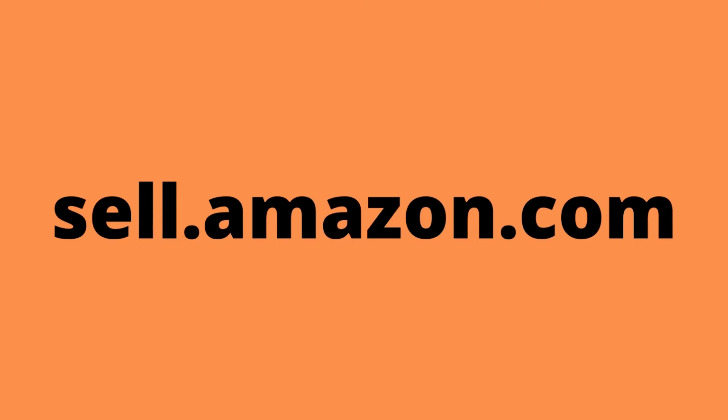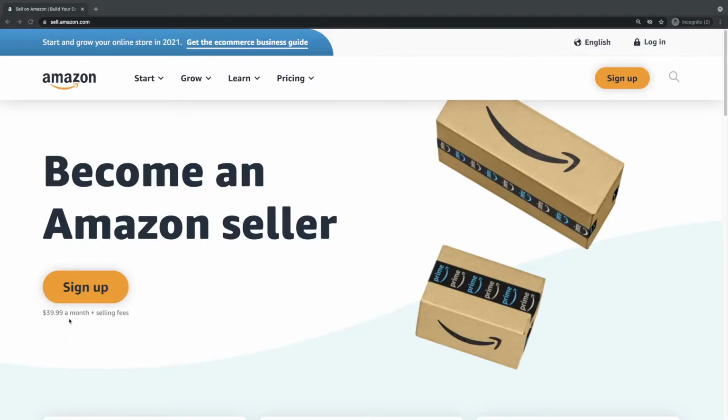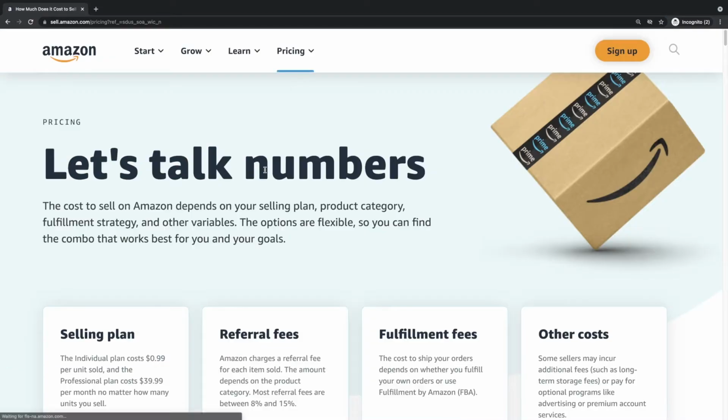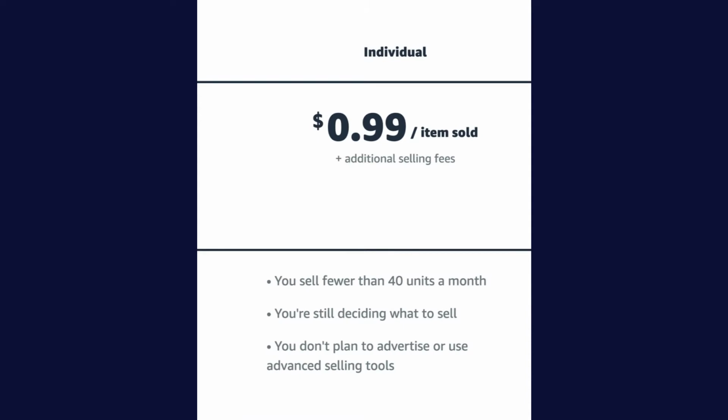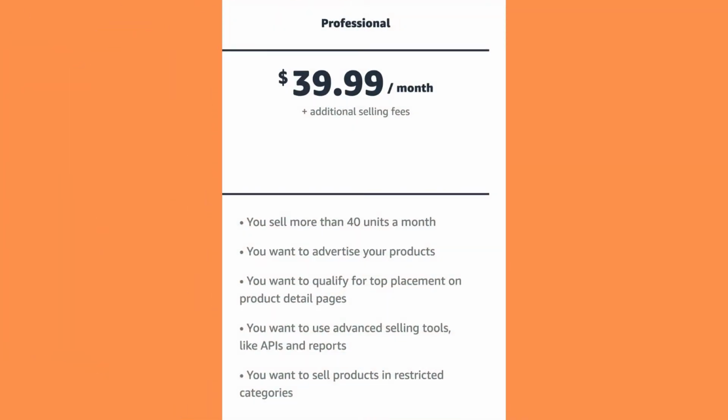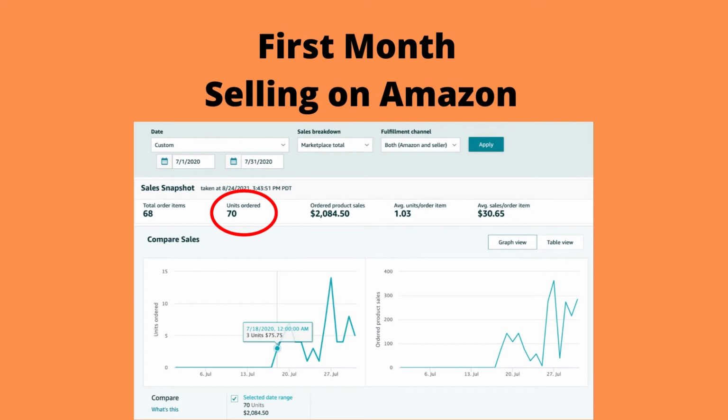If you go to sell.amazon.com, click on pricing, then select selling plan. You can see that for the individual account, you pay 99 cents every time you make a sale, plus additional selling fees. And for the professional account, you pay $39.99 per month, plus additional selling fees. So if you sell more than 40 units a month, the professional account is going to be already cheaper than the individual account. And as I showed earlier from our original sales, it's very easy to sell more than 40